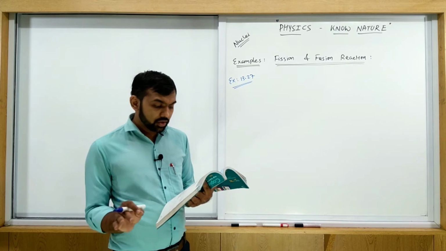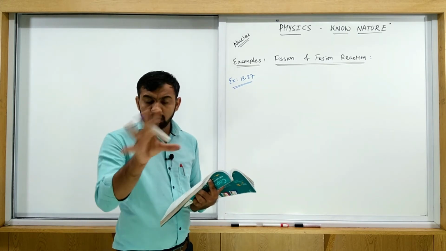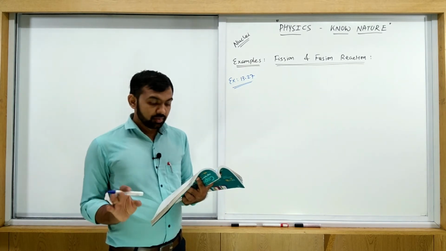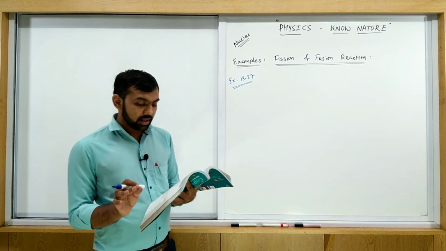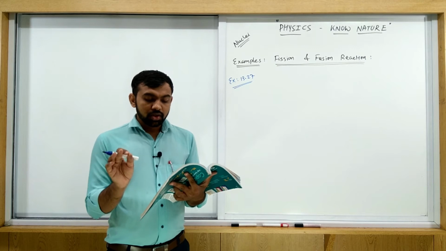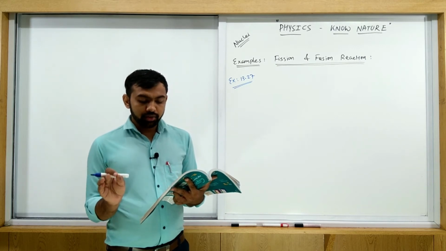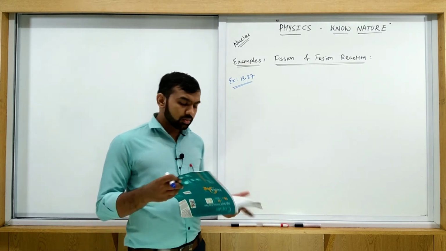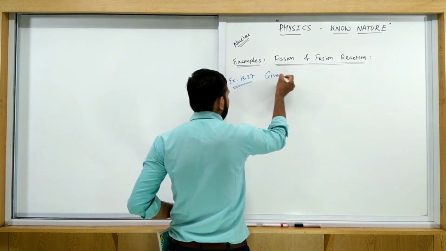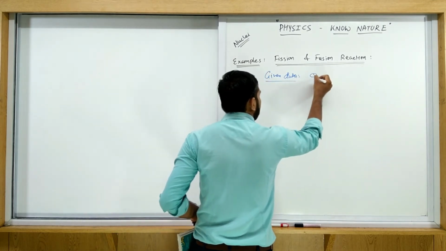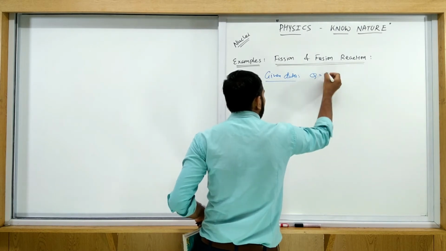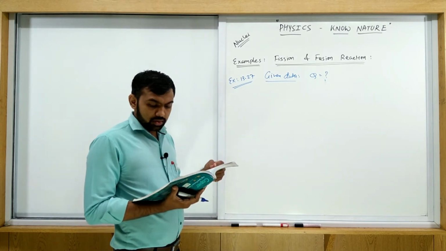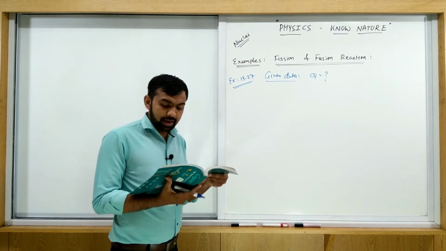In one fission event, no neutrons are emitted. Underline this: no neutrons are emitted. And the final end products after the beta decay of the primary fragments are 58Ce140 and 44Ru99. So these two fragments are given to us. Calculate the Q value of this fission process. So let's write down the given data. We have to find the Q value of this reaction. In this reaction, these two fragments are produced, and the relevant masses are given to us.